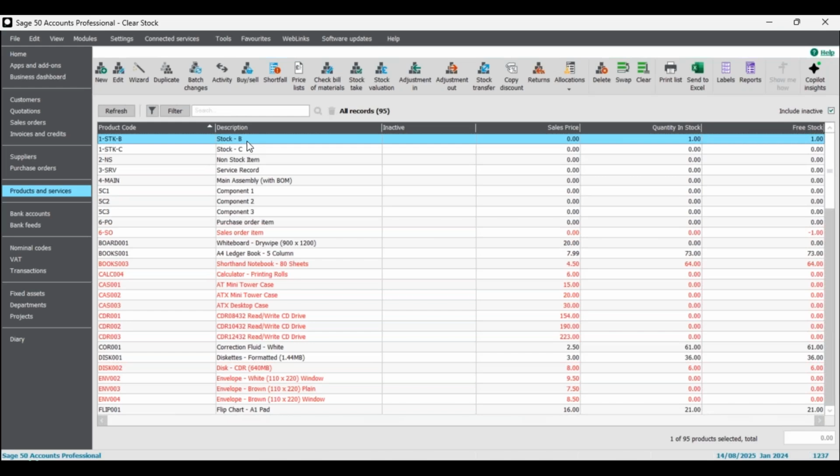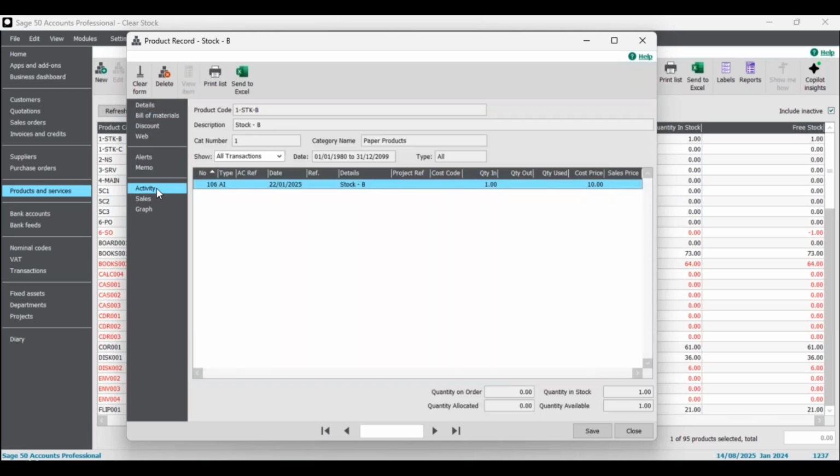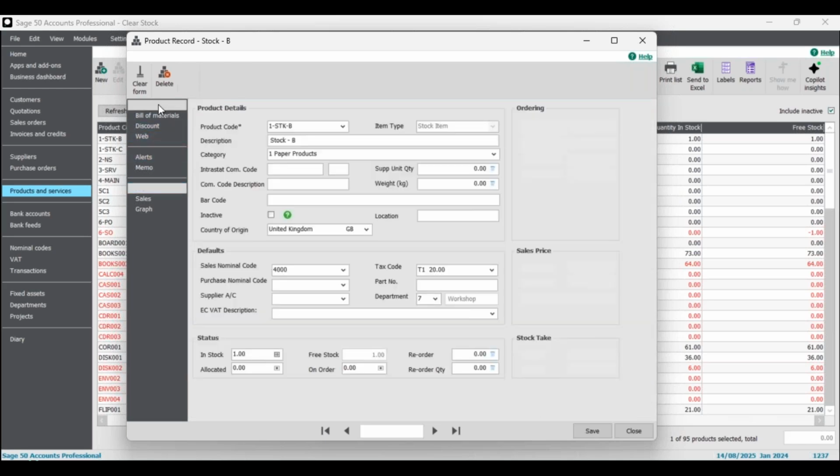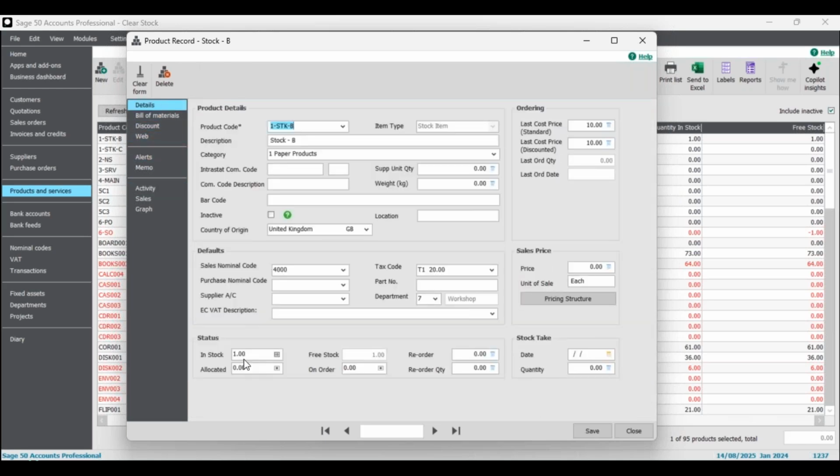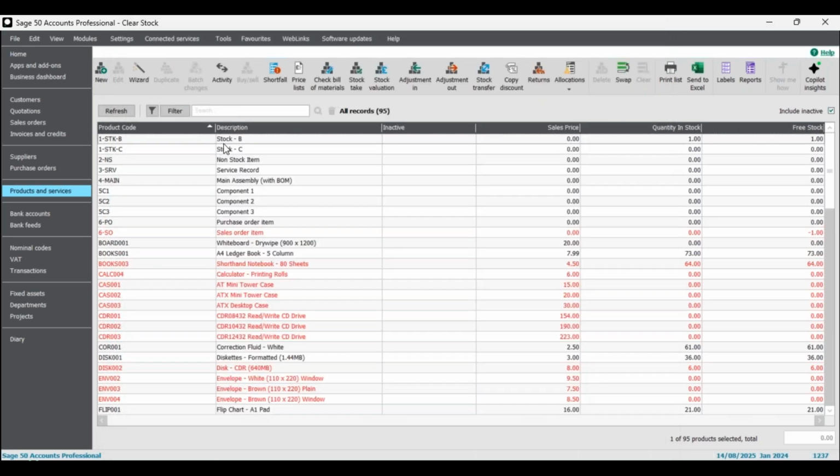Now, stock B, example 2. Going to come across a problem with this one, as you can tell. So I want to delete this. What I'm going to do is open it up, check the activity. There is activity there. But the first thing I want to notice is that there is stock there as well. So if I go to delete this item,